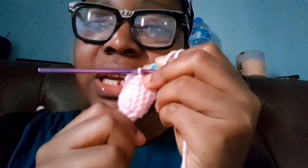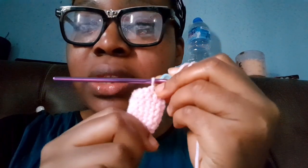At this point it looks like this. I think this is 6 rows, so I only have 2 rows left. And after the 8th row, I would start making decreases. Imagine me making decreases without looking at the teacher. I have advanced. So anyways,